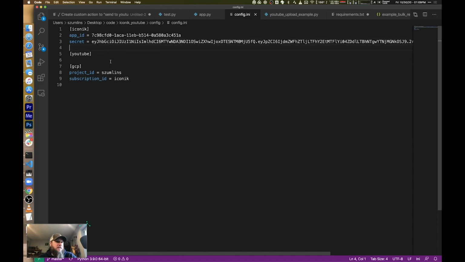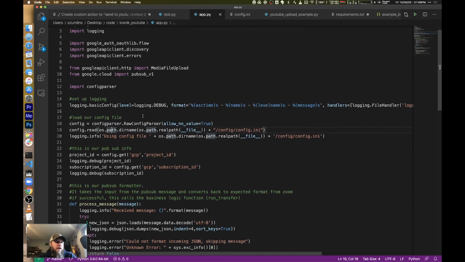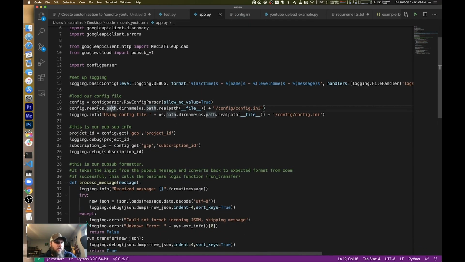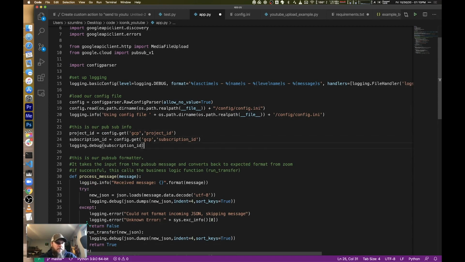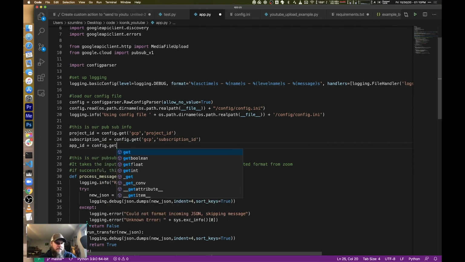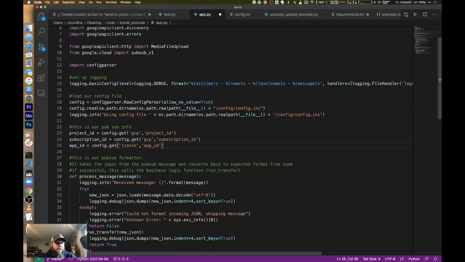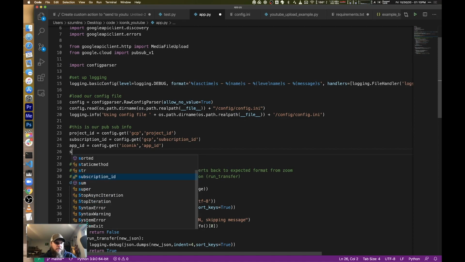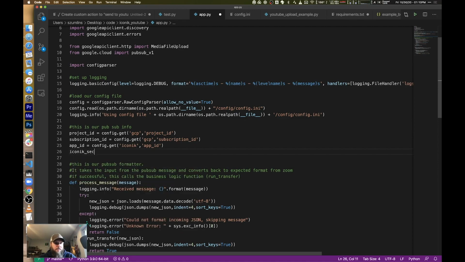So now we've got an app ID and secret for Iconik. That means we can start making calls to our Iconik API to start getting stuff back. The other thing I'm going to do here is get that information out of our config file now. So I'm going to say app ID equals config.get Iconik, comma, app ID, and then Iconik secret equals config.get Iconik